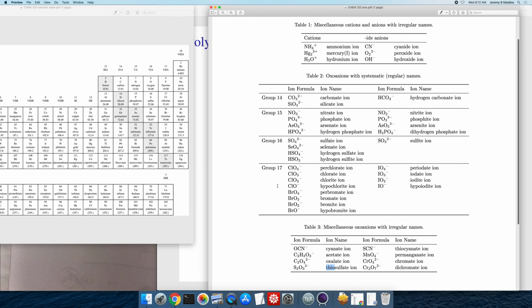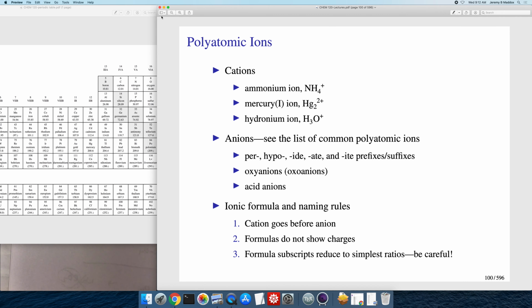simply need to be committing all of this information to memory. Flashcards are strongly advised to help you do that. So I'm going to go ahead and put this list away. We'll go back to the